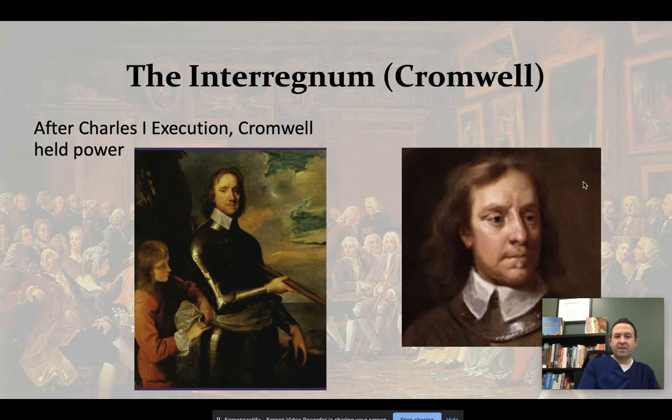The press was heavily censored, sports were prohibited, theaters were closed. In doing this, he was trying to impose strict moral codes based on Puritan beliefs. This is what happens when you have a religious group in power. This is one of the reasons why in the colonies they advocated for separation of church and state during the First Great Awakening. They don't want one religion or denomination to be favored. This is the basis of our Constitution, religious freedom.